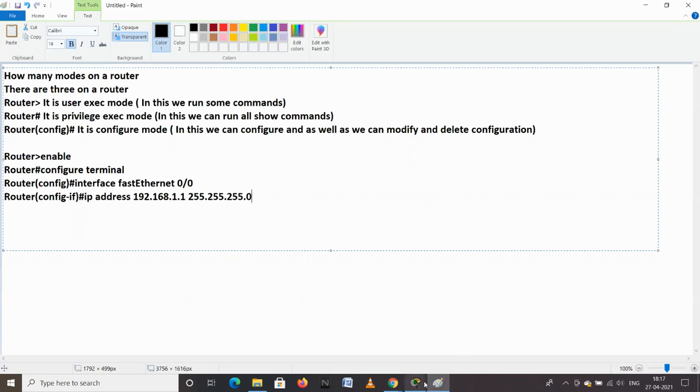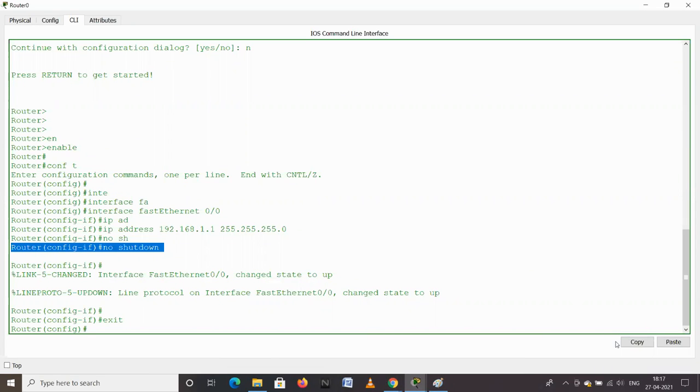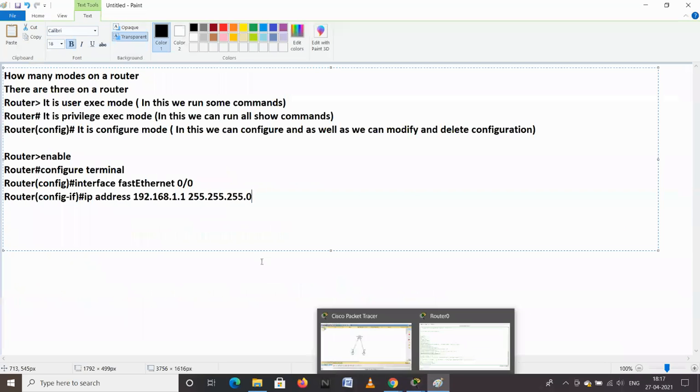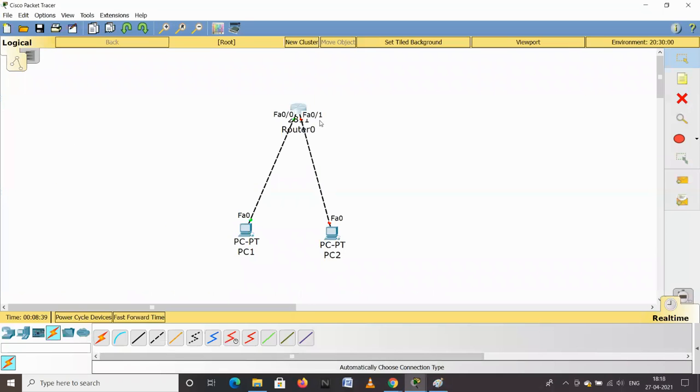And after that we are saying no shutdown. It means we are giving a command to bring the port up. That's all. On interface F0/0 FastEthernet 0/0, and as well as on FastEthernet 0/1